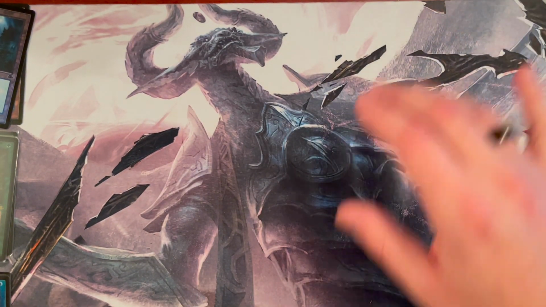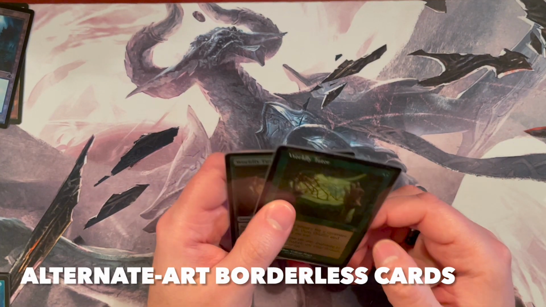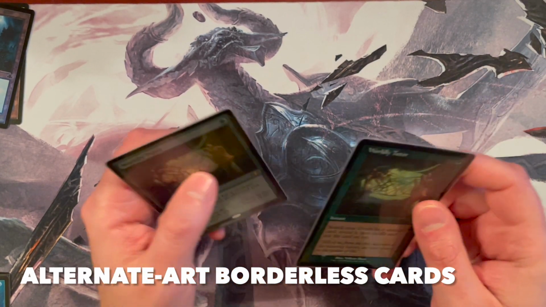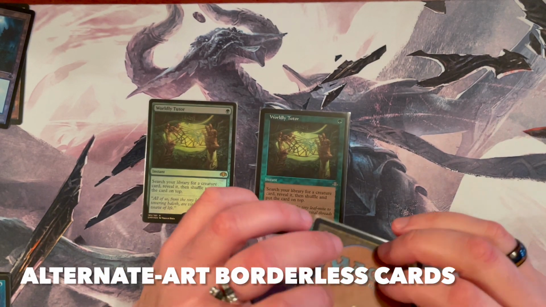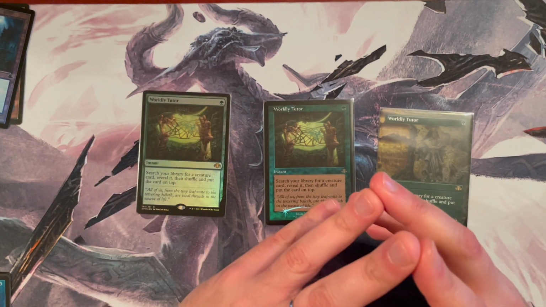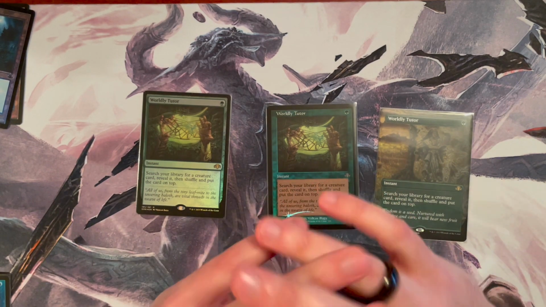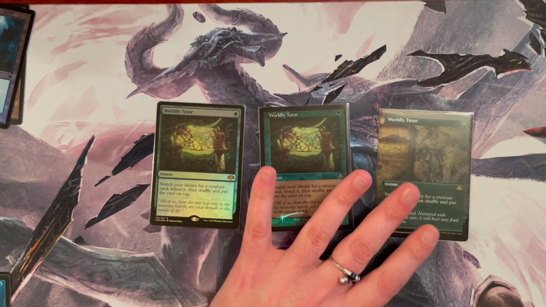Anyway, the alternate borderless version, or alternate art borderless version, I realized that actually the official name by WotC is alternate art borderless version. Honestly, one of these days the versions are going to be like TV screens or computer screens. You're going to start having weird numbers and letters at the end, because it's so complicated. But anyway,